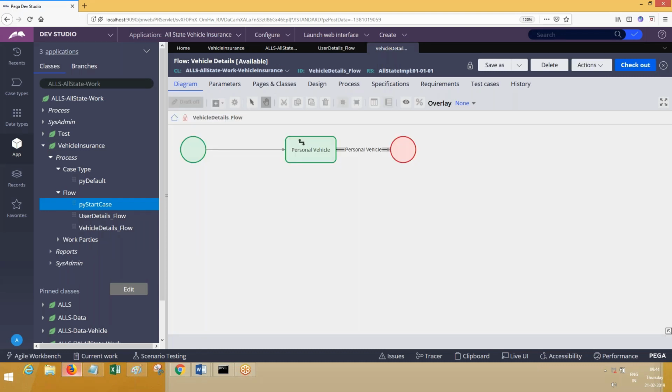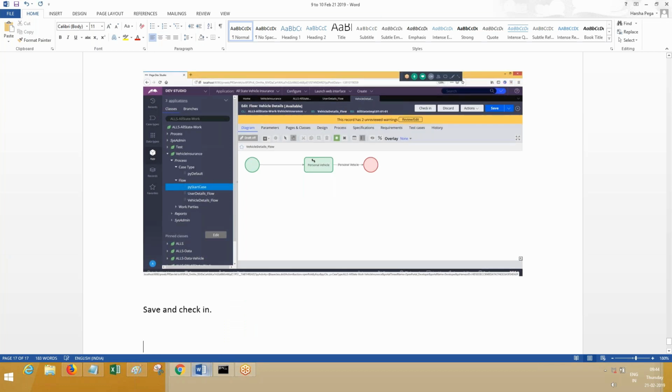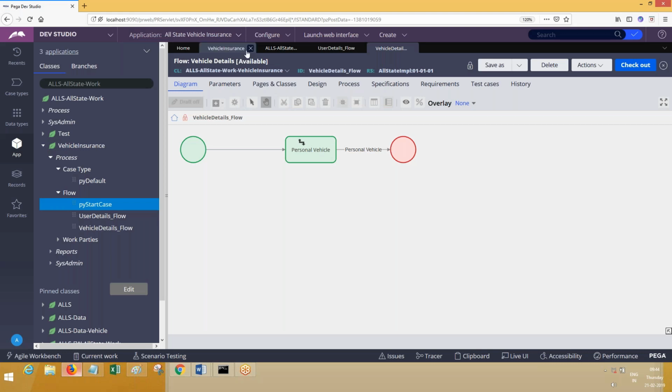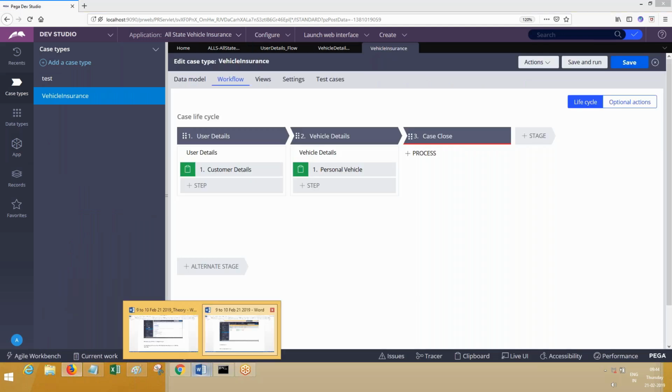Completed. So now open case type and save. And run the case type.